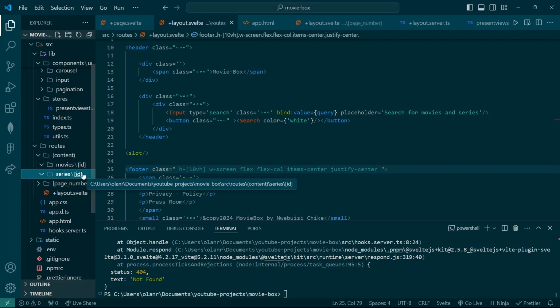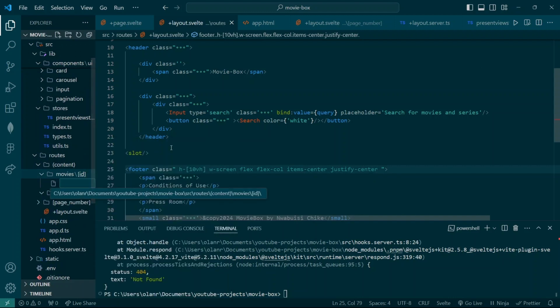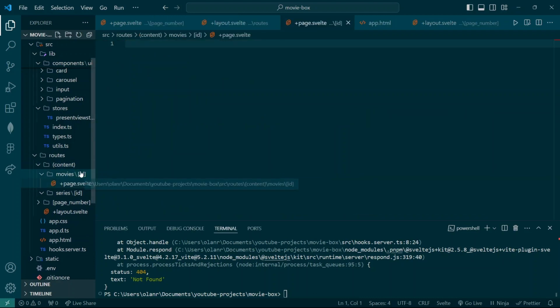The data that we fetch is dependent on the ID of the movie. And the next thing, obviously, every route needs a plus page.svelte file to get rendered. So let's go ahead and do that. And for the second one,